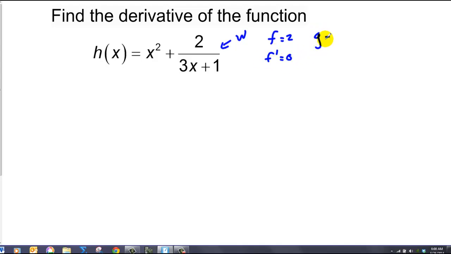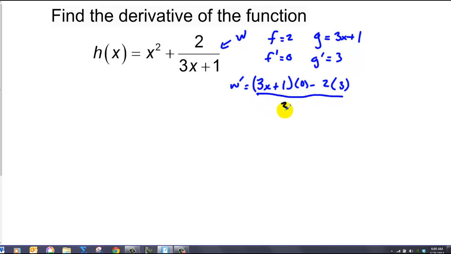The g is 3x plus 1, and the g prime is 3. So therefore, I have, we'll say this is w prime, g f prime minus f g prime